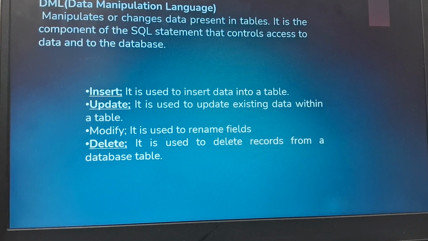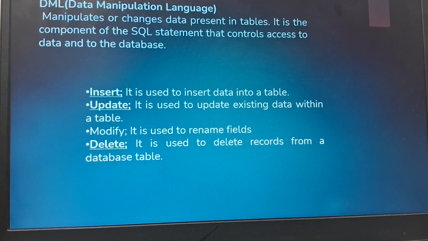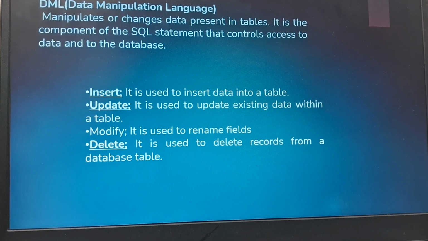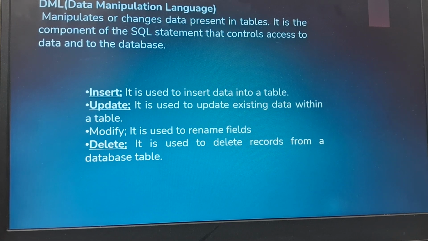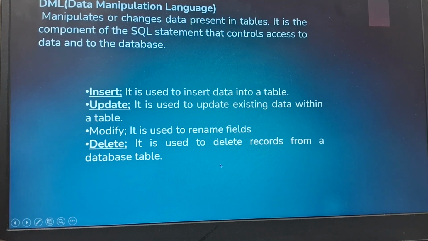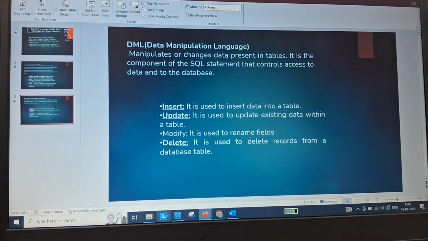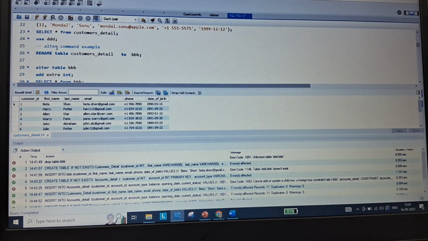So this is data manipulation language. It is just used to manipulate, it means I am making changes to our data. The difference between DDL and DML is that in DDL, whichever changes are made will be made in the database, and here the changes will be made in the data. So let's learn. I'm opening here my SQL file.